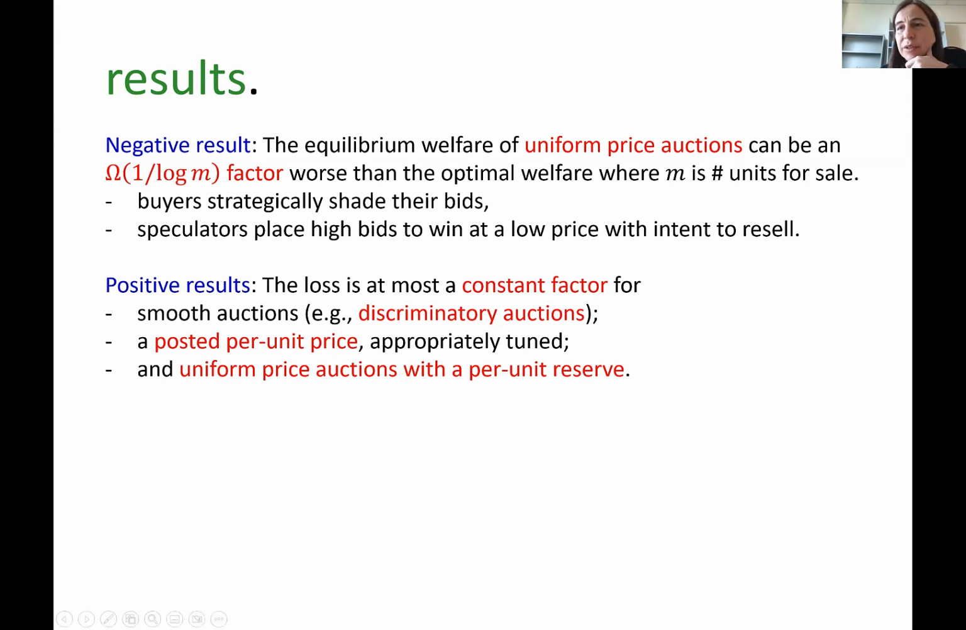I was told to stop periodically, so I guess now could be a good time for questions. This is kind of my motivation and the results I'll tell you, but if there are questions about the general setting, I'd be happy to take them now before I go into the details. Okay, so